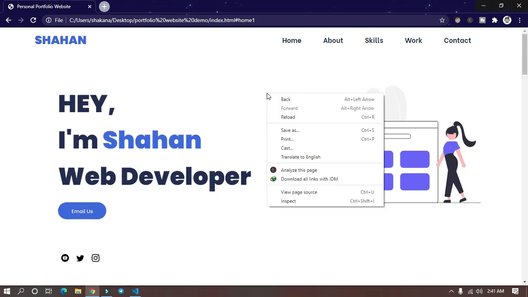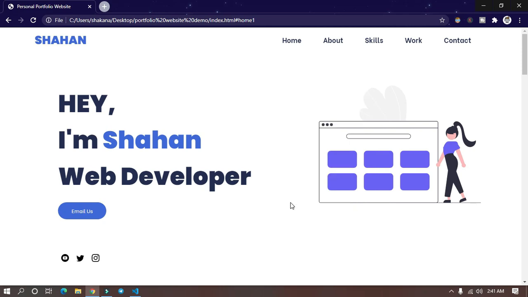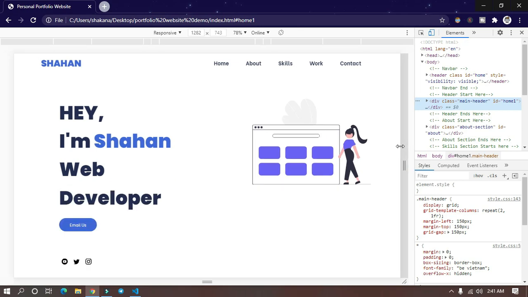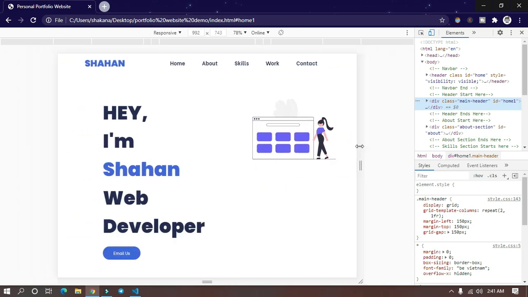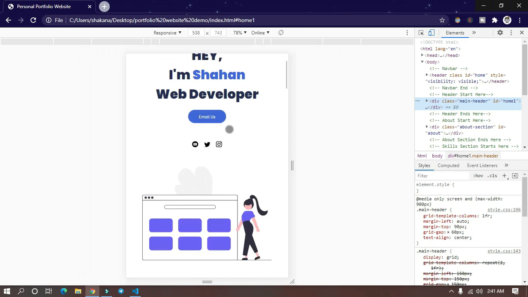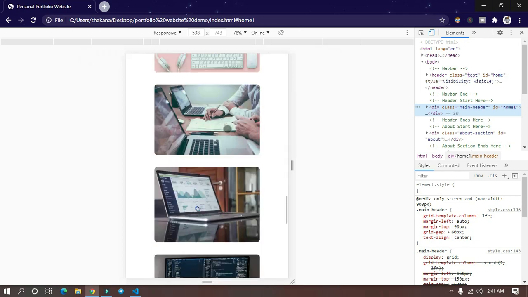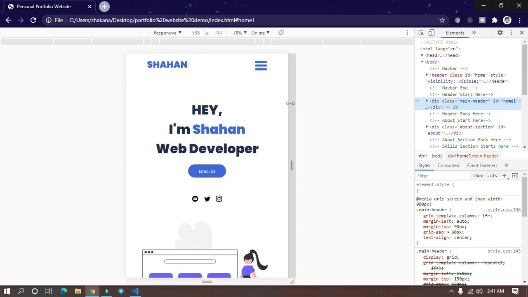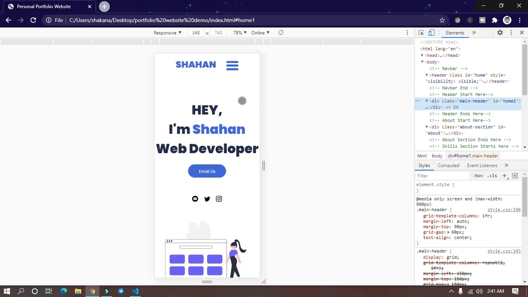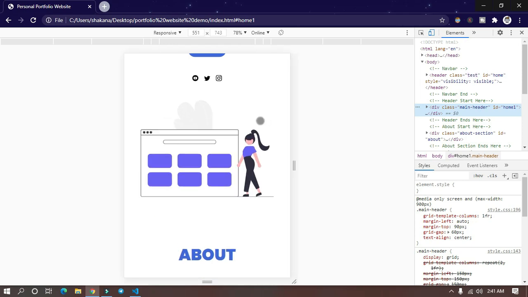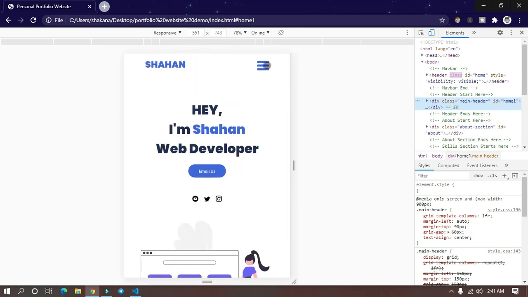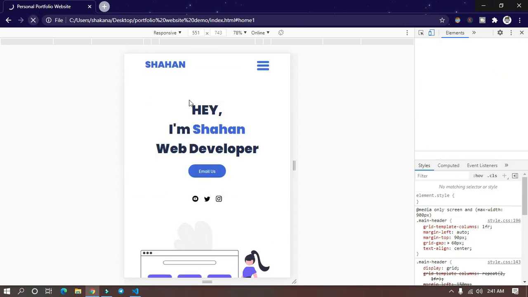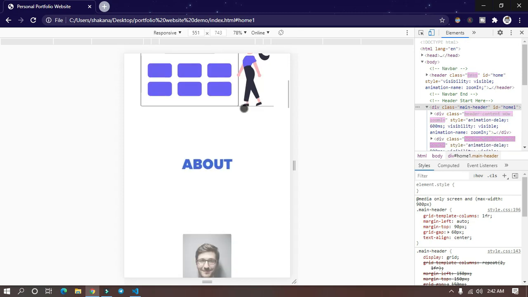This website is also completely responsive, so let's check it. See, when we resize the browser, it changes the layout. So this personal portfolio website is completely responsive. It will work on mobile, tablet, laptops, desktop. It's completely responsive for every device. It has beautiful animations. See,